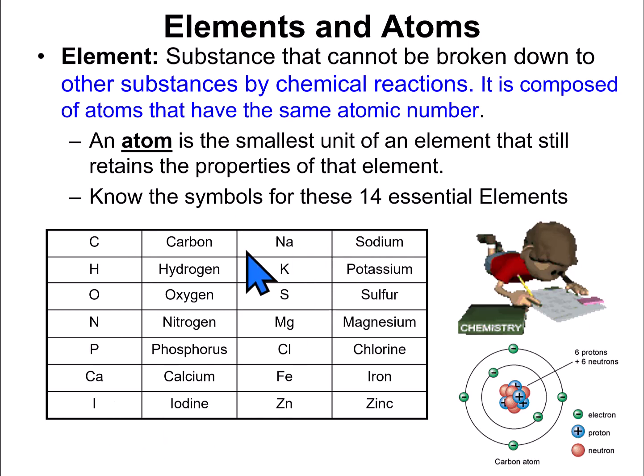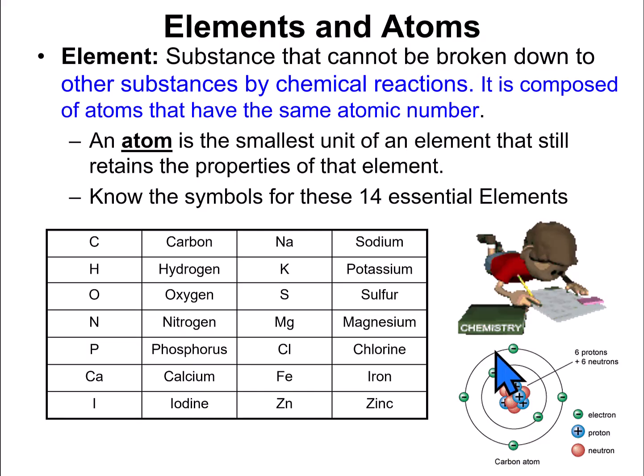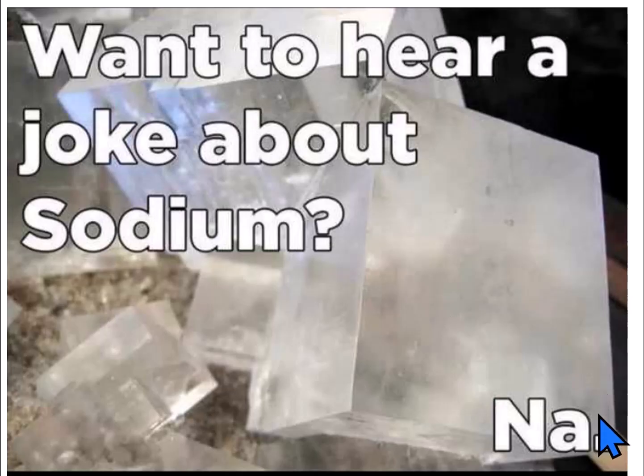And when you know these, oh my gosh, you can come up with all kinds of jokes. You can talk about this on date night. You can impress your date with your knowledge of the elements and atoms. So for example, here's a joke you can use on date night. Want to hear a joke about sodium? Nah. Ooh. Because you now know about the elements and atoms, you know that sodium is Na. Oh, and Na is, yeah, that's Na. That's the sodium. Oh my gosh, do you see the potential in knowing this?